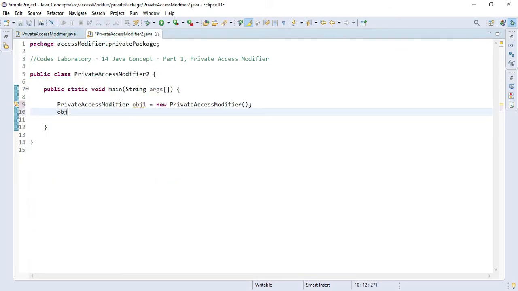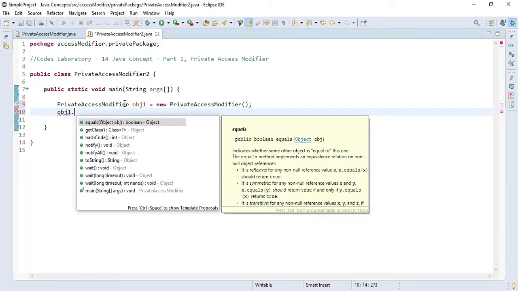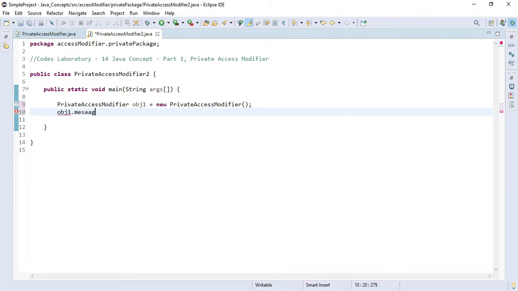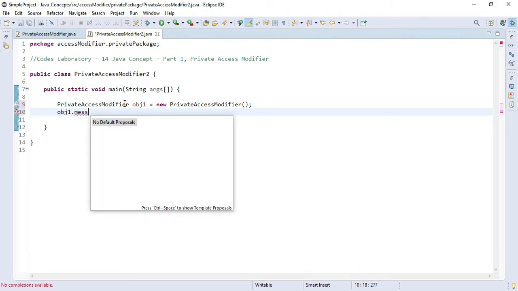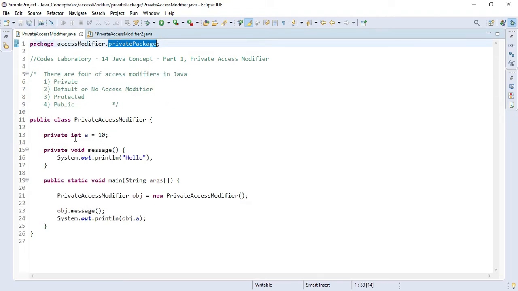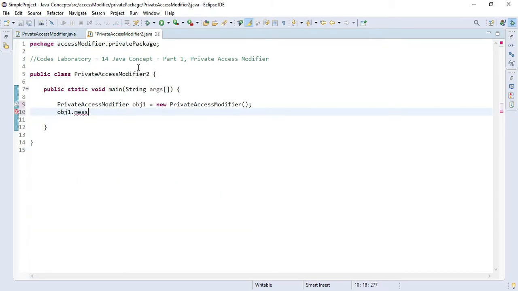To do that we write our object first, then dot, and the method name is message. As you can see, it is not giving us any suggestion when we press control space. Why? Because this particular method is private. Let's also try to call the variable.